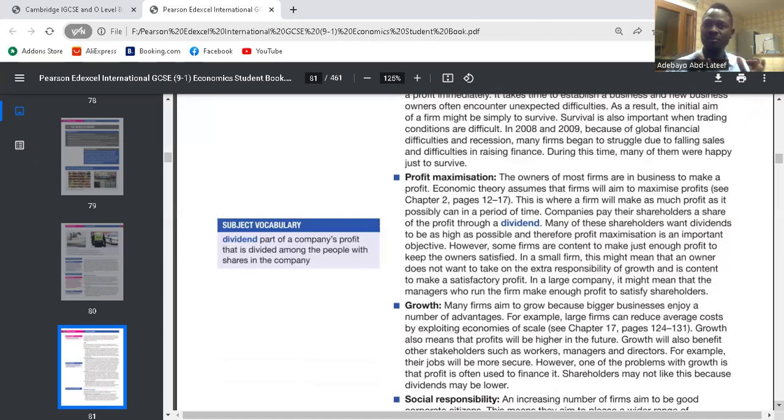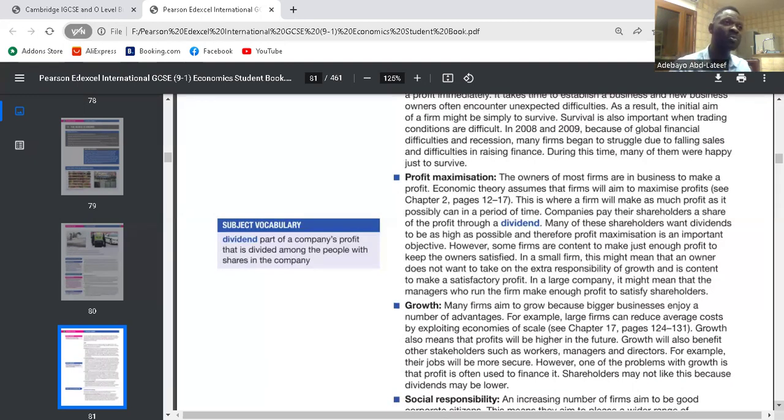That's another aim of private sector businesses. So how do they do this? They do this by maybe reducing their cost of production or selling at the highest price possible in the market. Clear? So another reason why private sector businesses, especially companies, want to make as